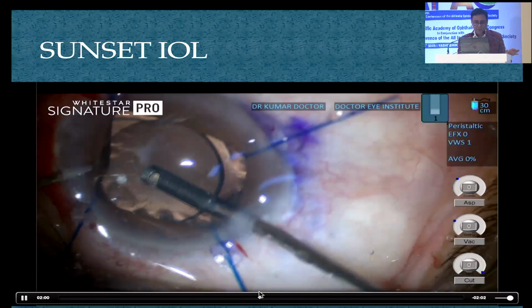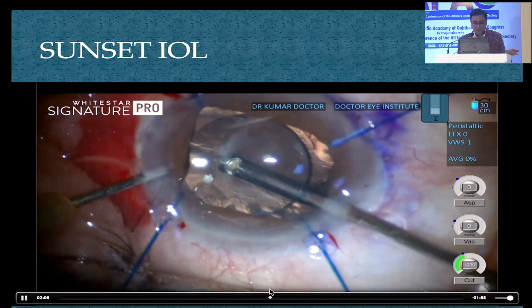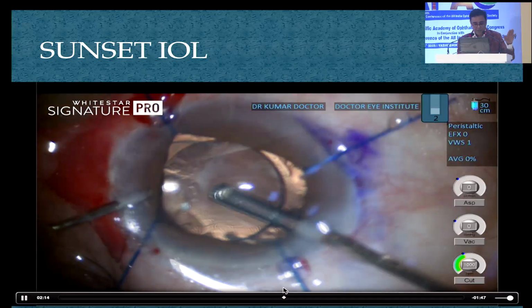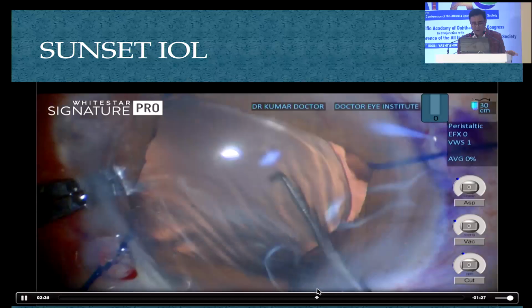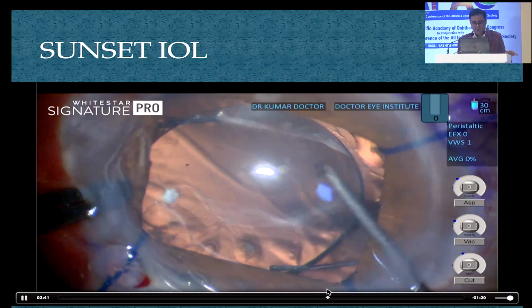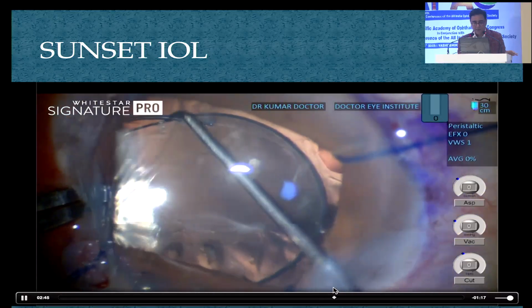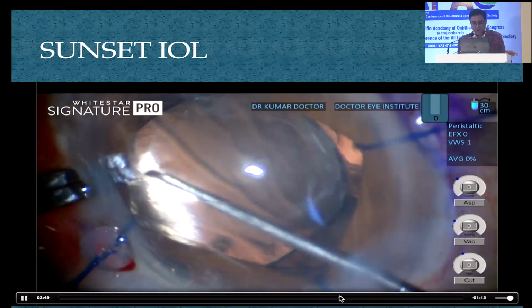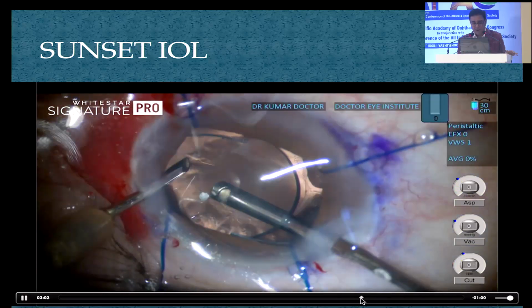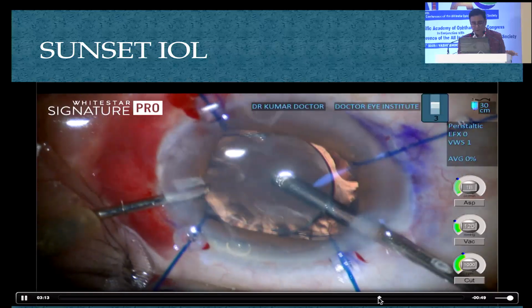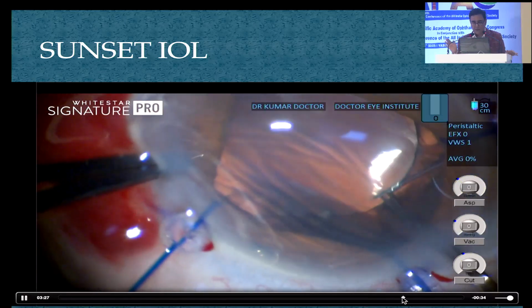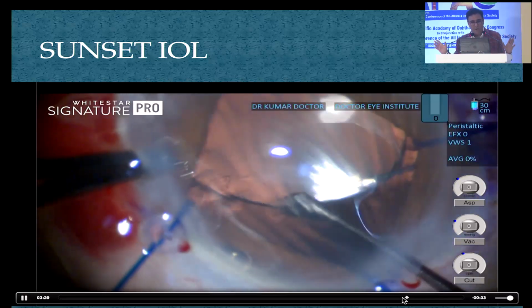So here I made a small opening first. I realized that I could not do an optic capture, then enlarged it a little bit to be able to slip in the optic of the IOL easily inside. So now I got one end of the optic of the IOL inside, and you can see that I'm slipping one end of the optic just behind that complex, and then at the same time I'm slipping in the upper end of the optic just behind the complex. So you can see that it's just slipped in,